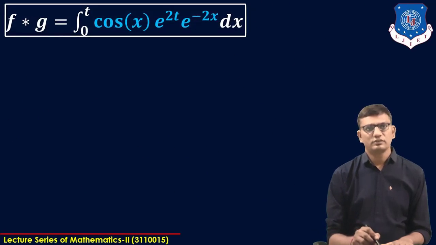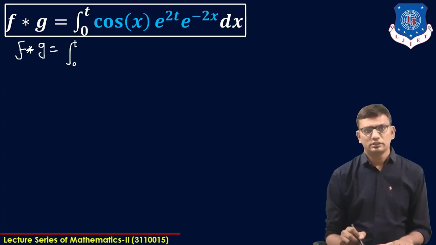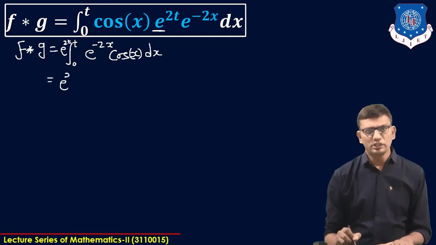Here f star g equals integration 0 to t, and we can take e raised to 2t common because our integration is only with respect to x, so e raised to 2t comes outside and our integration will be e raised to minus 2x cos x. Now after applying the known formula of e raised to ax cos bx, we get e raised to 2t